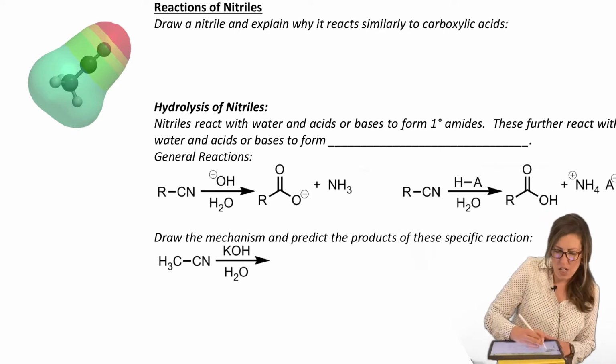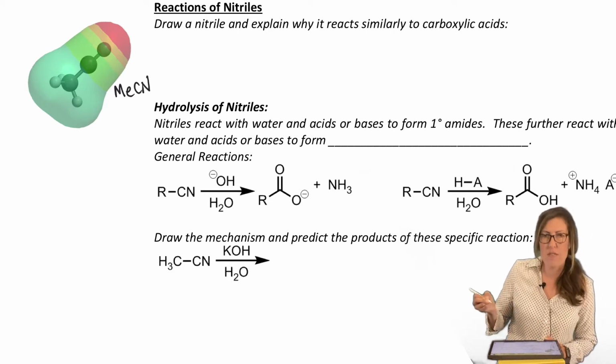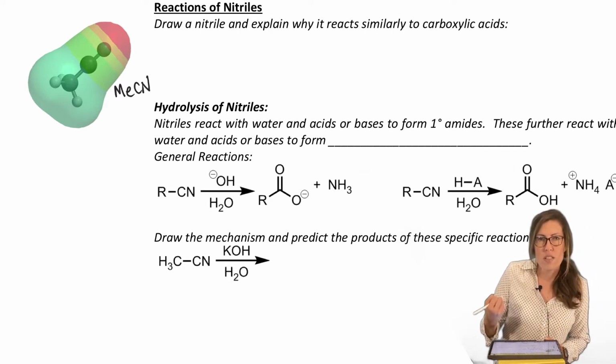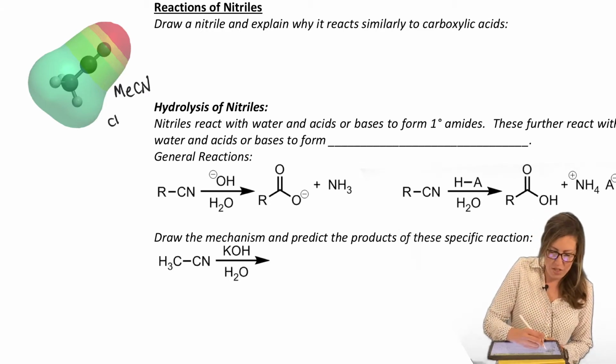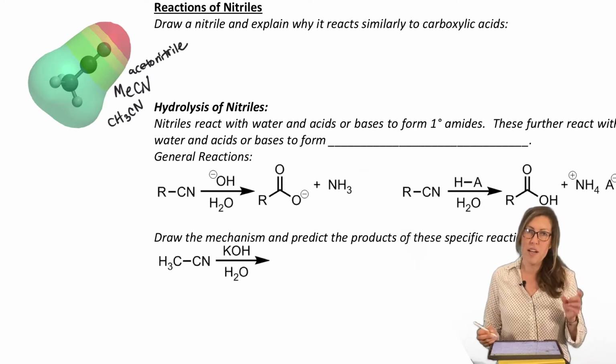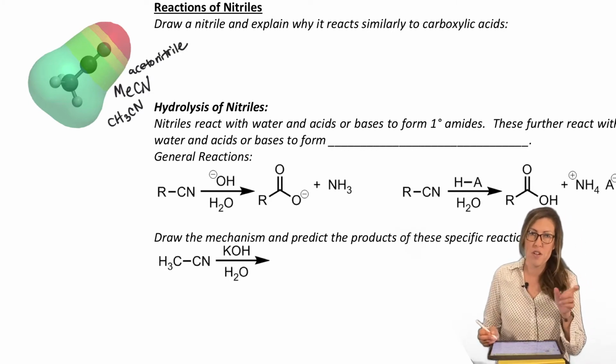Back in 211, organic 1, it's a very good solvent for SN2. Polar, but aprotic. So it comes back, or CH3CN. But it's called acetonitrile. That's just its nickname. The aceto part doesn't make a whole lot of sense, except for the fact that the nitrile is similar to an aceto group.